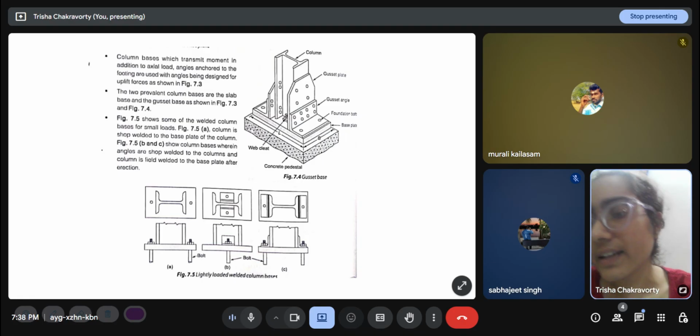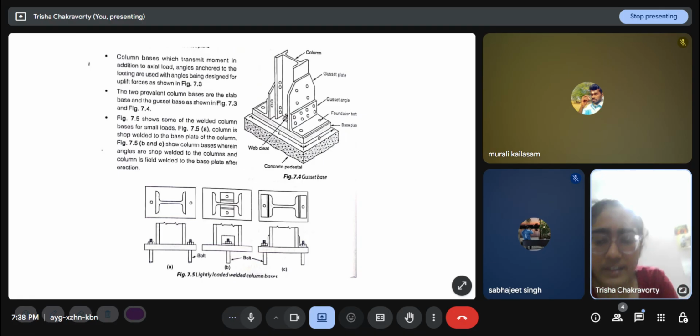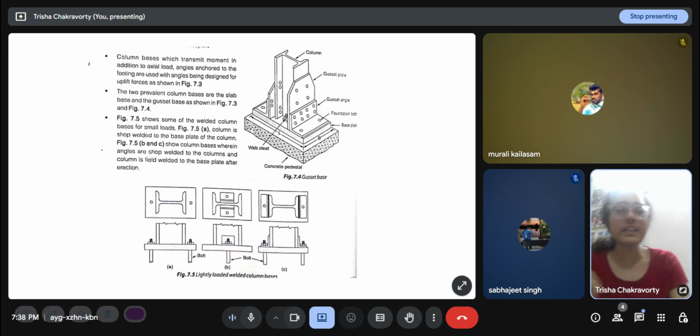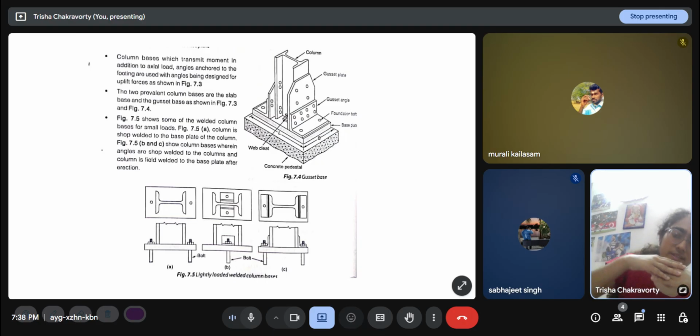So this is a topic, or any topic in structural design, you have to visualize the behavior of the structure. Only then, you cannot always just rely on plus minus, plus force will be tension, minus force will be compression. That is a very bad way of looking at things. Everything is not mathematical. You have to visualize it and see what is happening. So since there will be a bending, there will be partly an uplift force on one side and a downward force on another side. So we have to take care of the tension as well.